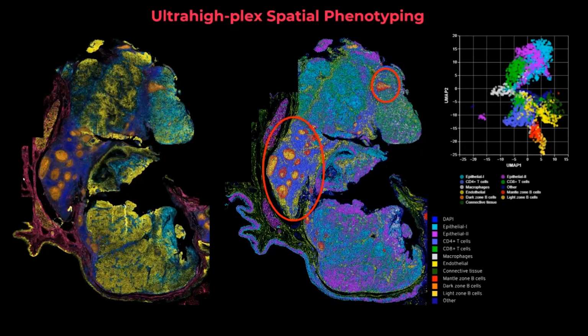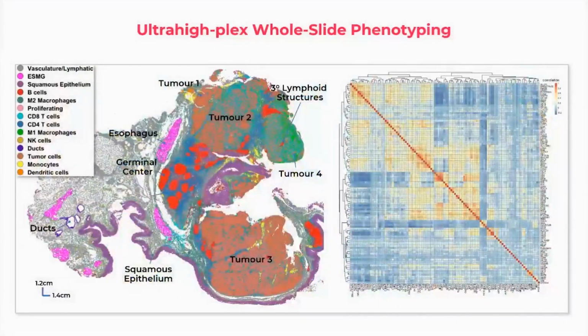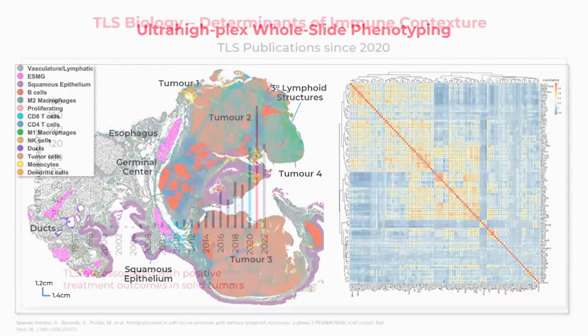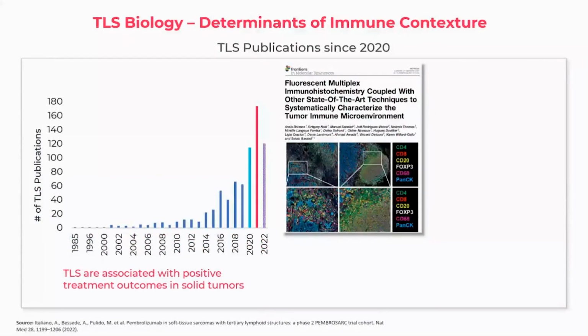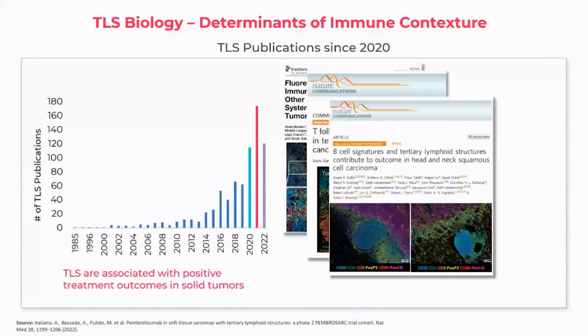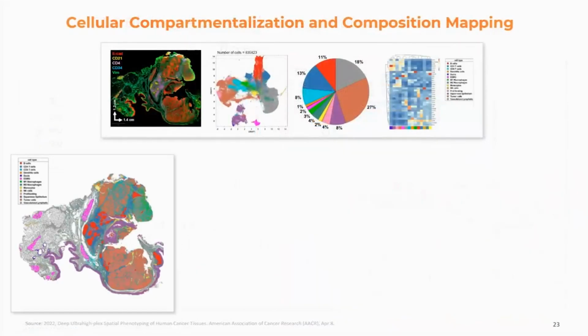These TLSs are absent in the top of the tumor and the bottom. And so we can break this tumor down into subtumors, and we can see that these tertiary lymphoid structures exist in tumor region 4 almost exclusively. We know that these tertiary lymphoid structures sustain an immune responsive microenvironment, there's a lot of literature showing this. And this is what we see in this patient specifically.